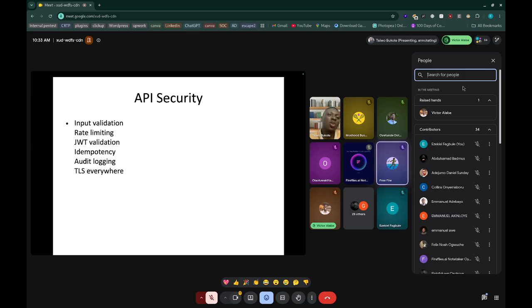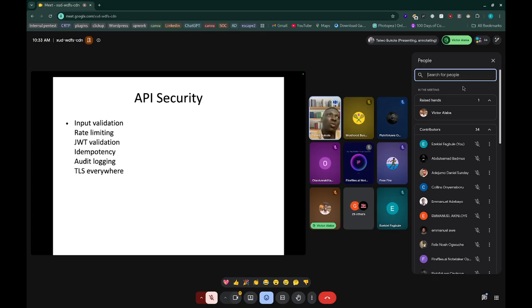All right. So, on API security itself, I've discussed input validation. Another bit most people overlook is rate limiting. A security attack is not just about losing money or user details. Some attacks are people trying to overload your system.